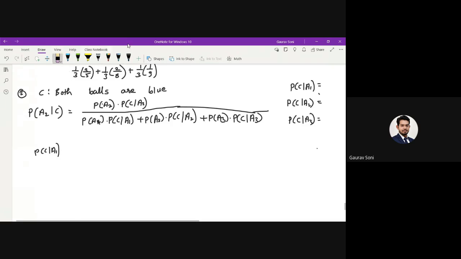just think of this. 1/3. Why is it 1/3? First, the probability will be 6/10, and for the second ball, it will be 5/9. So what you're doing is you're choosing two balls out of 10 balls. So 6C2 upon 10C2. So the answer for this is, as you said, 1/3.